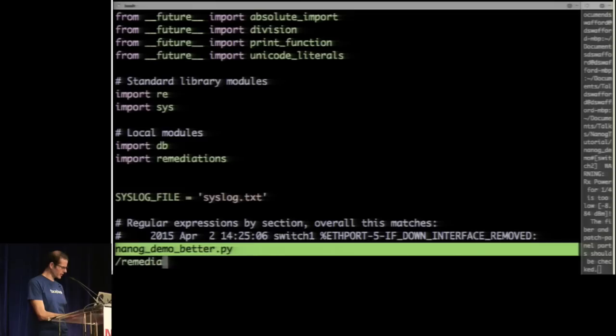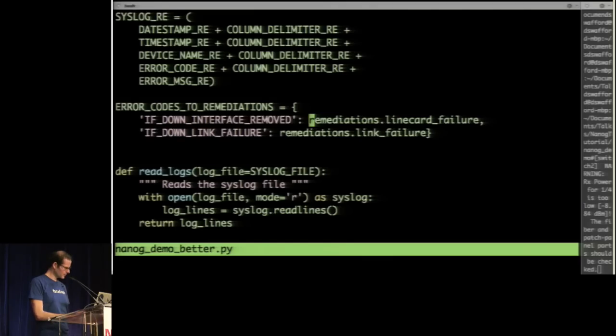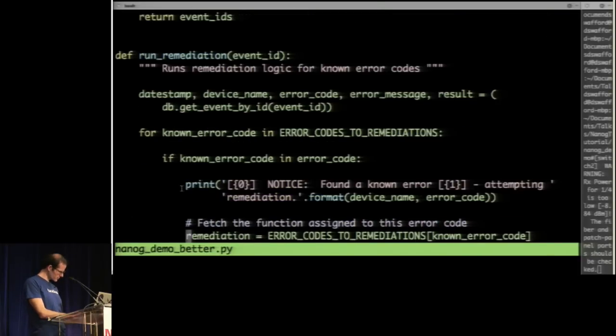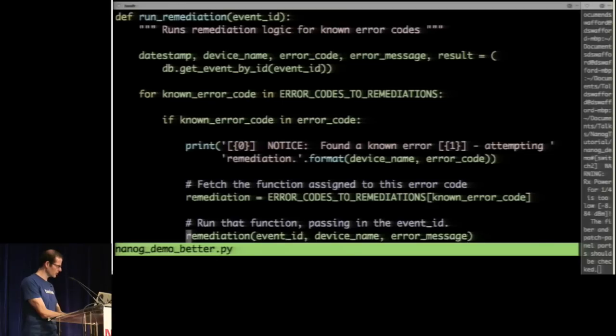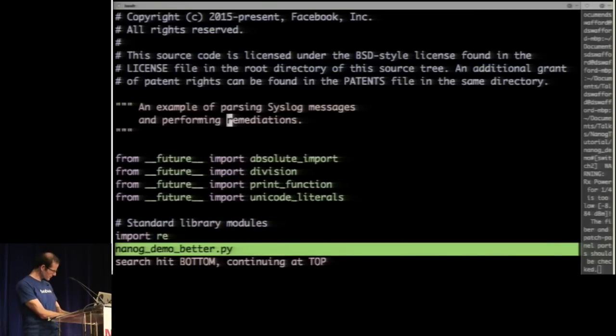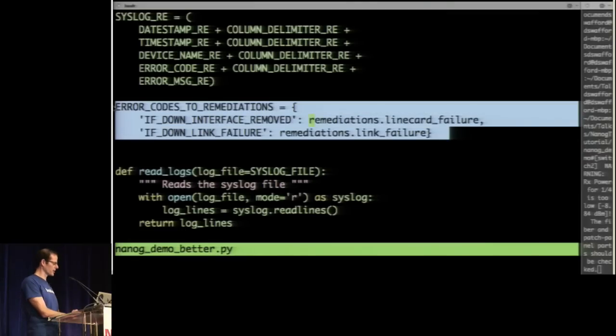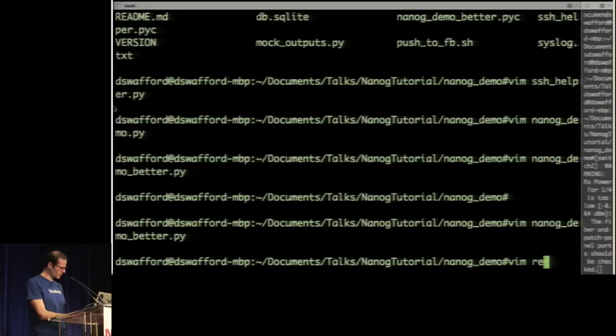And then if we look at where we use that, we actually reference the remediations, and specifically we reference them in this dictionary here. And so this is actually how I'm splitting this up and making a demarc between the code that runs the actual system or the parsing thing and the actual remediation code. And so if we look at the remediation file,